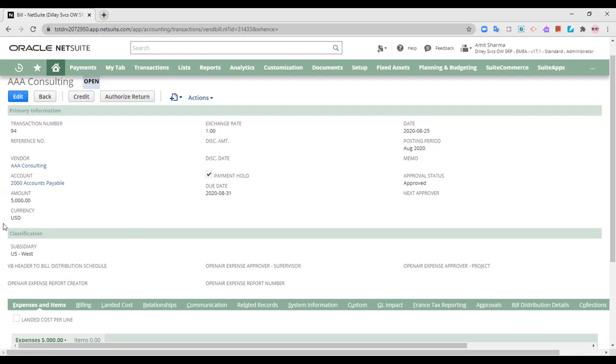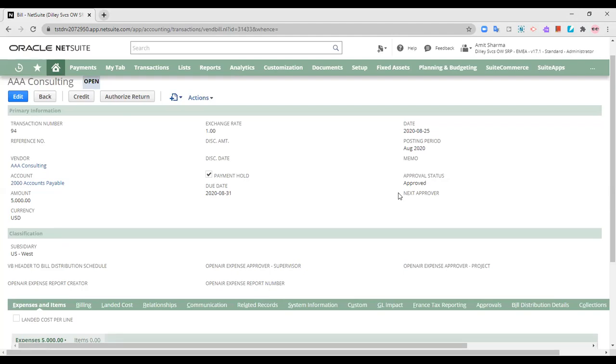So instead of holding it in the approval status, where it would remain not approved, because the vendor and our organization are not in harmony regarding the payment terms,